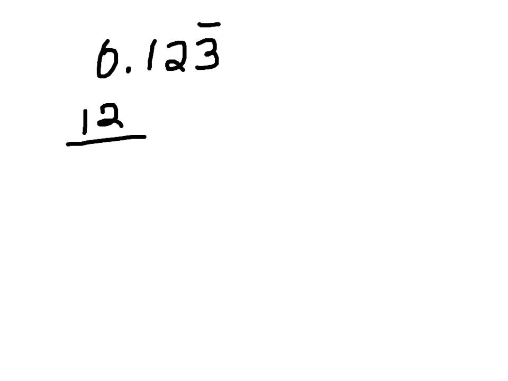Now let's say we have a 3-digit repeating decimal with only one number repeating. Let's just make it simple, 0.123 bar notation over the 3. I'll go ahead and split this into my terminating part, and that's going to be 12 over 100. And then my repeating part, 0.00, whoops, let me erase that. 3 over